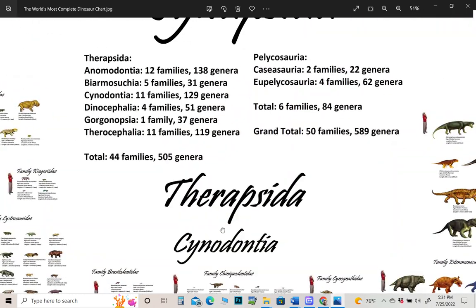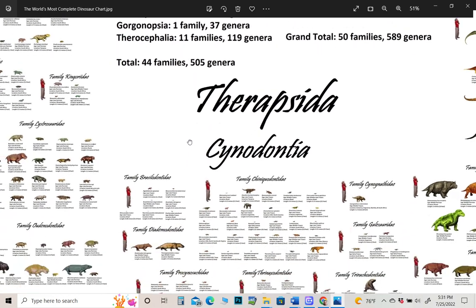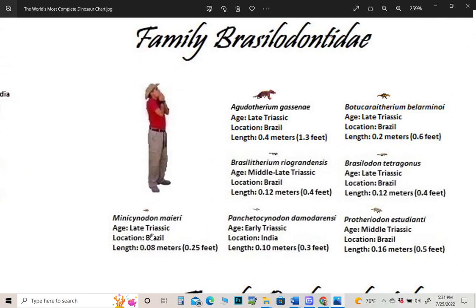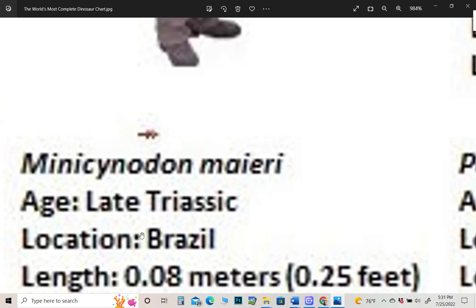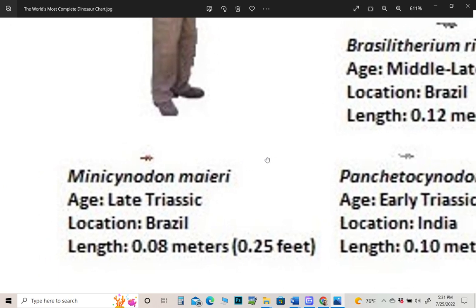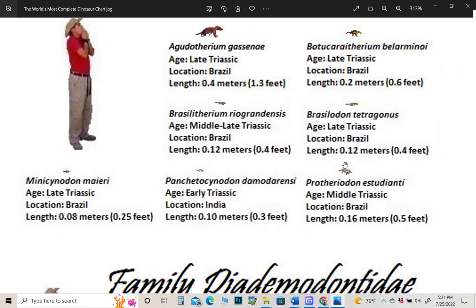And I think this is the second largest group, so bear with me. Here goes. Brazilodonts: Agudotherium, Botucarotherium, Brazillotherium, Brazilodon, Mini Cynodon, which is again the smallest on the chart. You can see just how small that is. I'm gonna count it. It's like 13 pixels or something like that. It's really tiny. Maybe 12 pixels. Yeah, Mini Cynodon, Panchetocynodon, Protheriodon,